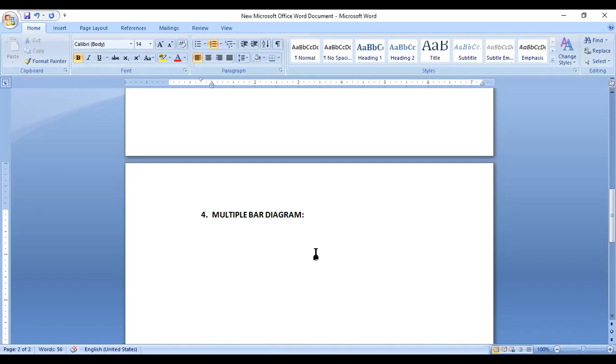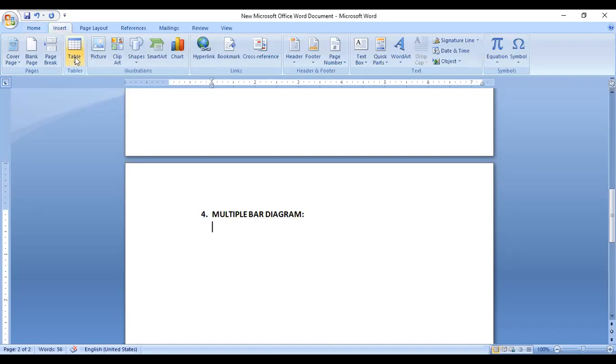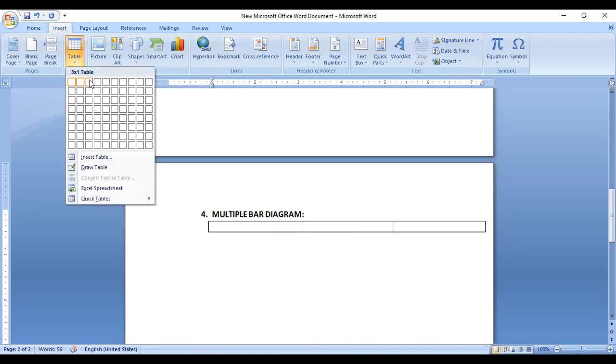Different shades, colors or patterns are used to distinguish the different bars in the given set of data, and an index is provided to explain the same. Multiple diagrams facilitate comparison of values of different variables and of the same variable over a period of time. Now we will see an example of how it looks. With an example I will show you.